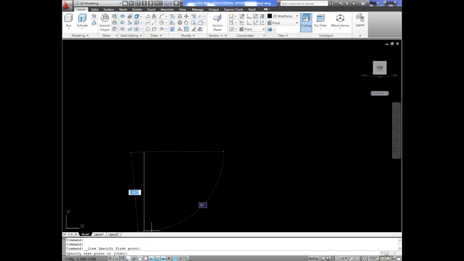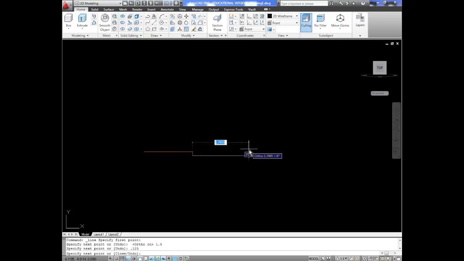of our plate. The first one we're going to go 1.5, then we're going to go downward 0.125. Then we're going to go over a distance of 2.25, then go back 0.125, then over 1.5, then we're going to go up 0.5, and then over a distance of 1.75, then downward a distance of 0.125,